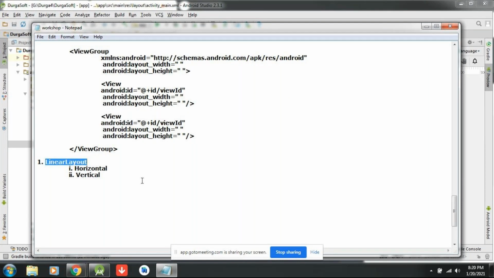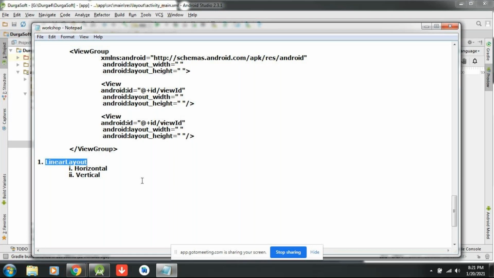Linear layout is very lightweight in terms of memory, and it will give an exact, accurate design which satisfies all screen resolutions. That is possible with linear layout only. That's the reason it is my first choice, even though any number of new views are introduced into the market. I want linear layout, which is perfect for us and works very well.